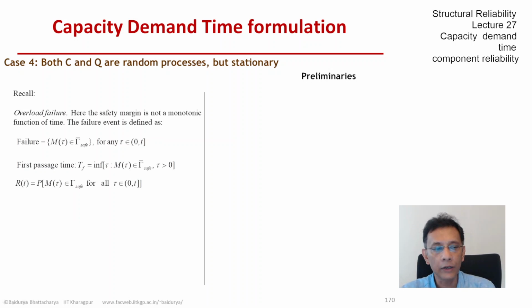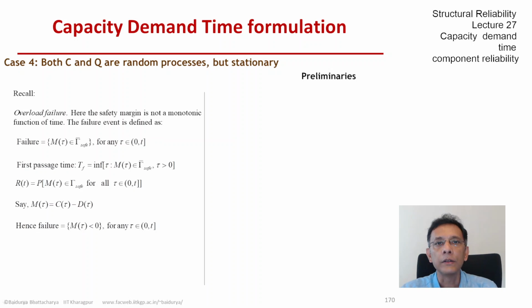So the reliability function is the probability that the safety margin stays in the safe set at all times between 0 and t. So let us say the safety margin is the difference of the capacity process and the demand process, and in such a case, or if we are able to write it in any other manner, maybe an implicit function, the safety margin becoming negative is equivalent to failure. So in this setup, anytime the safety margin becomes negative, we have failure, and the first instance that happens is